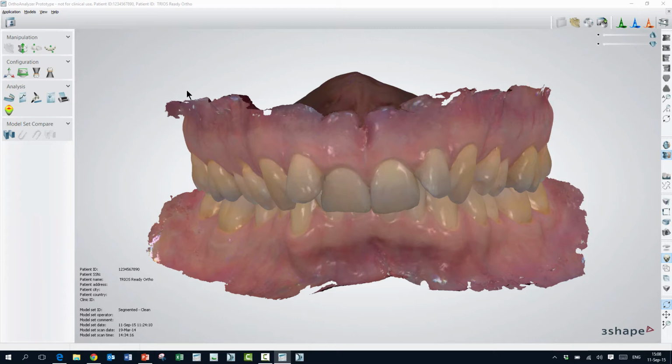So as you can see, I am now in Ortho Analyzer and I have opened one of the standard demo files that we have in the system. So the first thing I need to do is go into the virtual setup feature. There's a separate training video on the virtual setup, and I definitely urge you to see that first before you learn how to do the animations. But first go into the virtual setup,